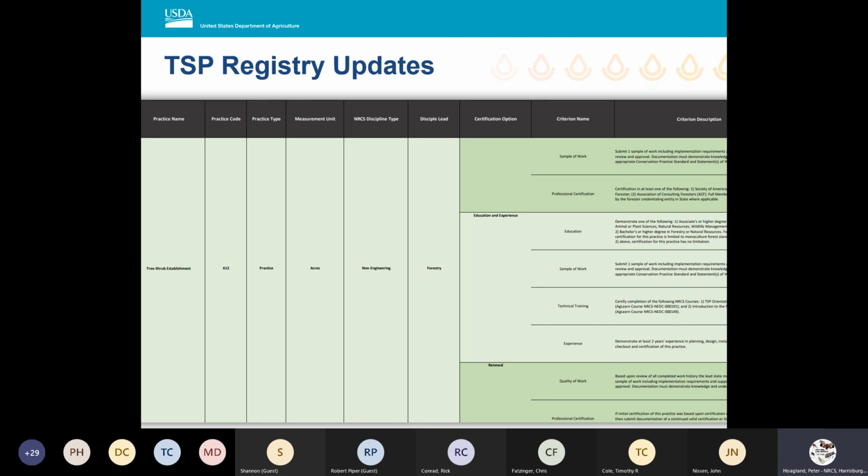I have gone through this for all the forestry ones. I've noticed a few omissions. If you look at the 106 criteria right now, it is missing the education and experience section. So there are some issues in there, but in general, this is what they're trying to do: get all the information out there. This can help you if you're having any questions or issues before you get to the registry system on what requirements or education or training requirements are necessary for certain practices or for renewing your